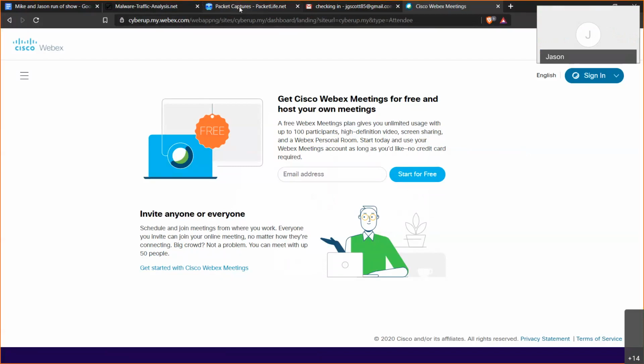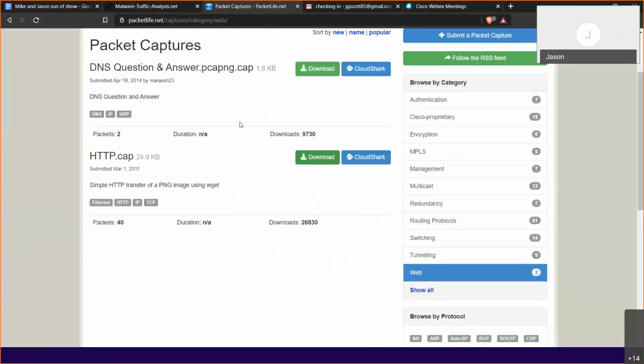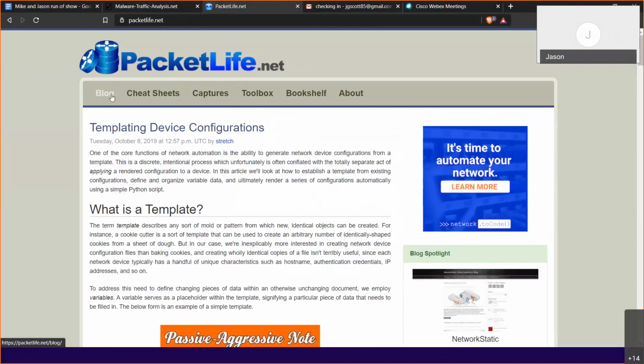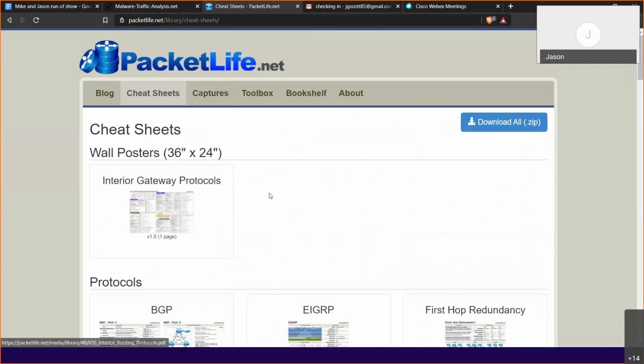All right, so as I mentioned, packetlife.net is a really good resource to use for getting started with network traffic analysis. On this website, they have a blog you can read. They've got some cheat sheets, and don't be overwhelmed by some of the material on here, because some of this stuff is really in the weeds,